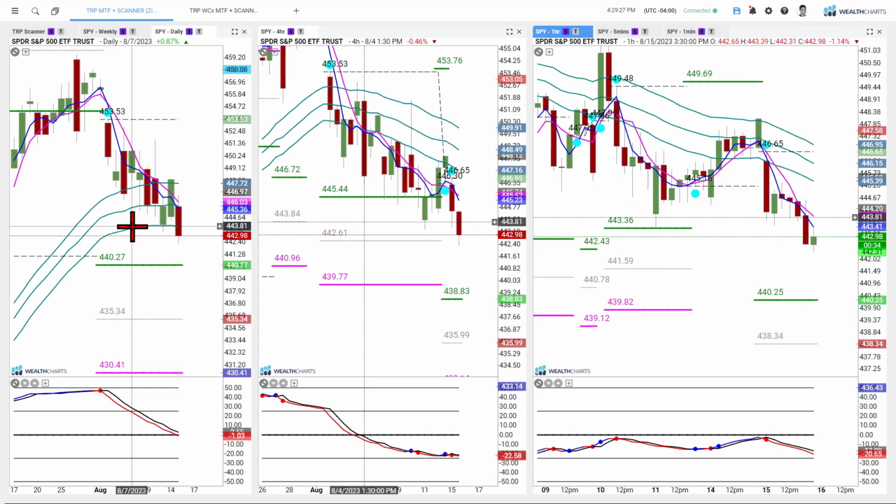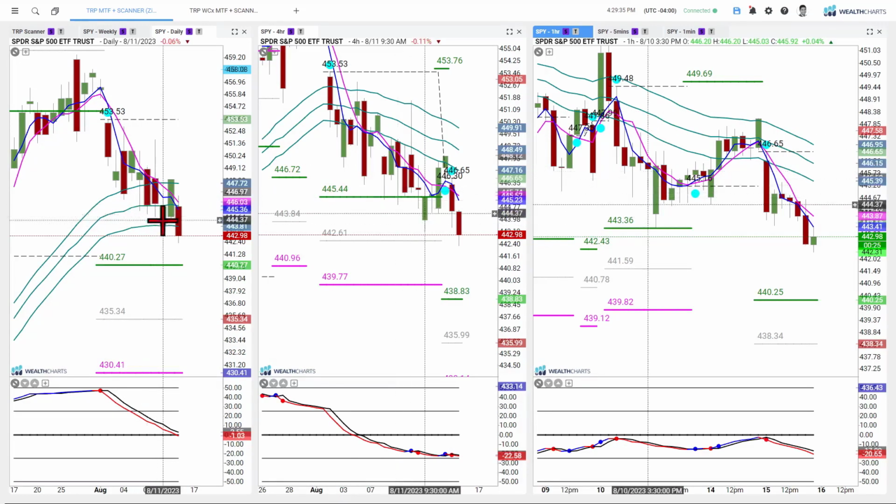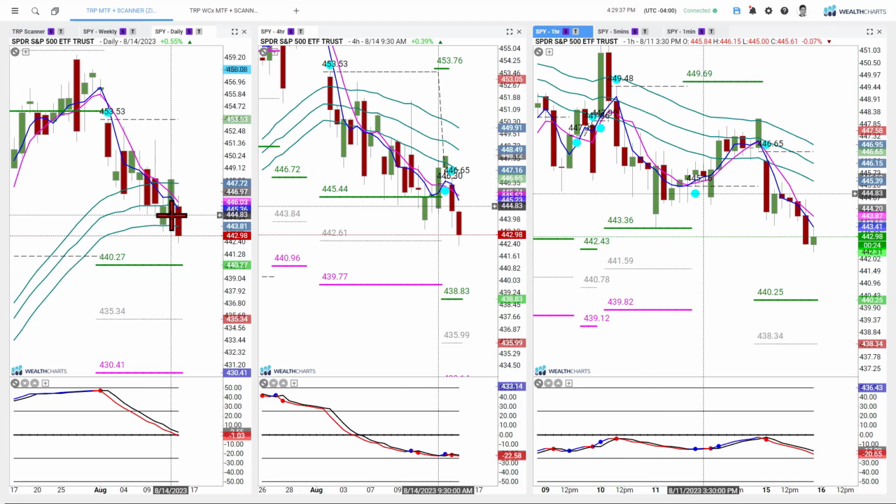Now, we heard from Rob when we got back into the channel that we are likely going to see some chop. So that was spot on. That was a couple of Mondays ago. Now we know that the chop continued into the end of last week. We still got a bar yesterday that was positive and actually ended up giving us a move above the top